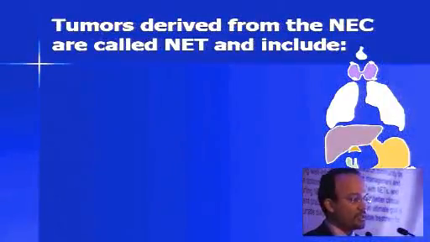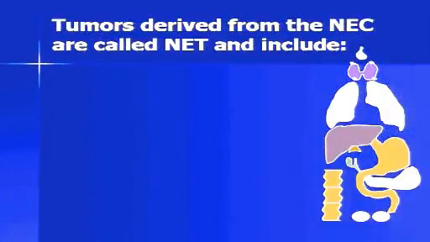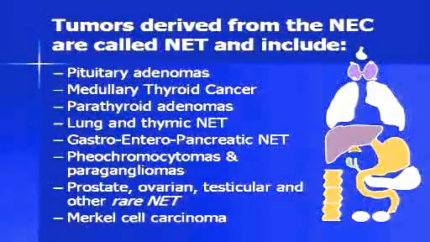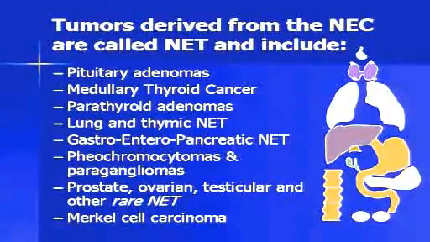So neuroendocrine tumors are tumors that originate from the neuroendocrine cells. And neuroendocrine cells are present throughout the body, from the brain to the lower abdomen and the gonads. So this is a schematic representation of all the different